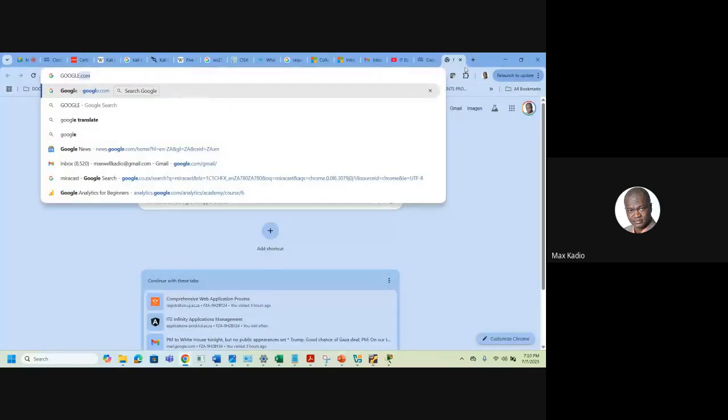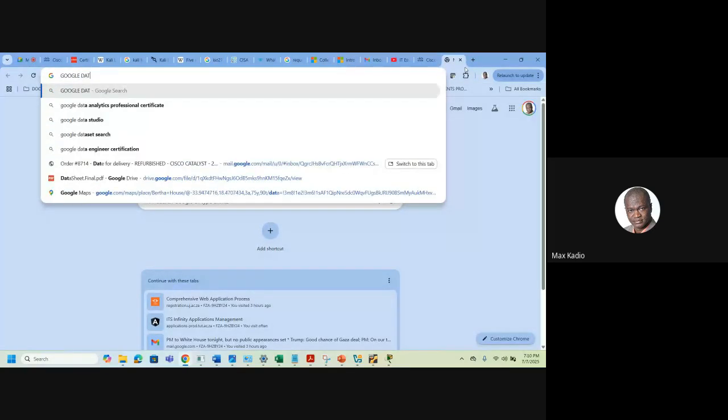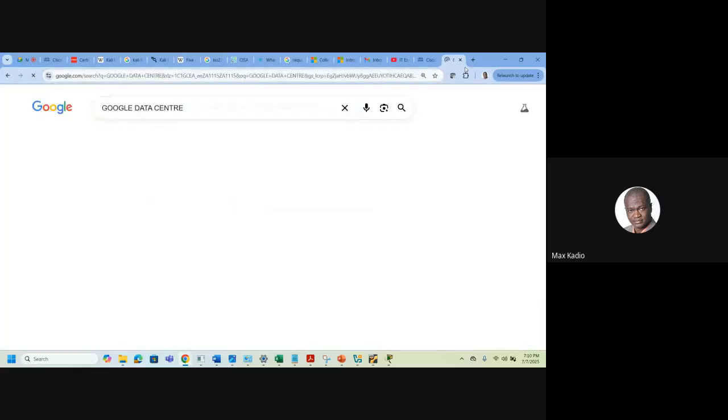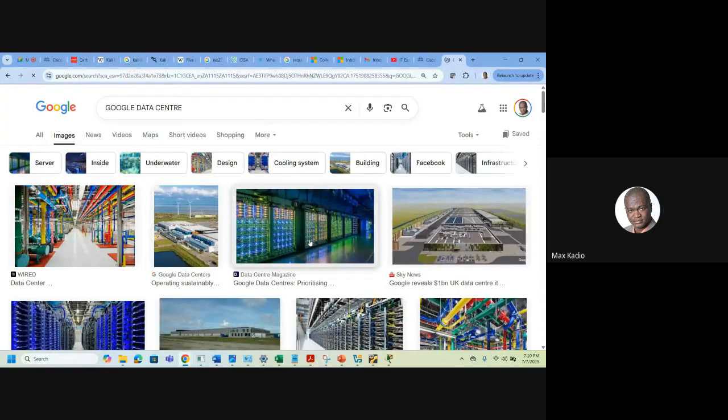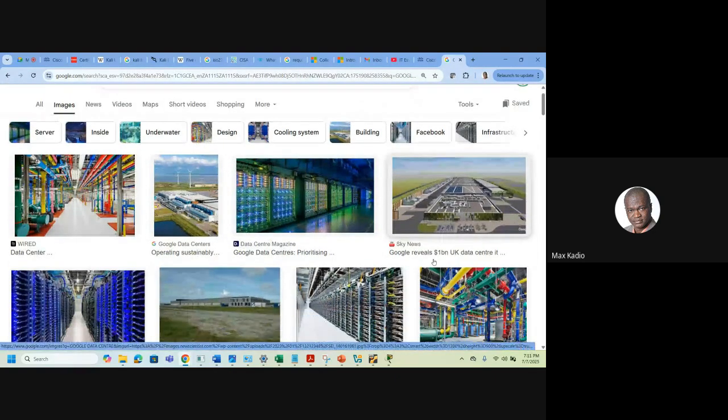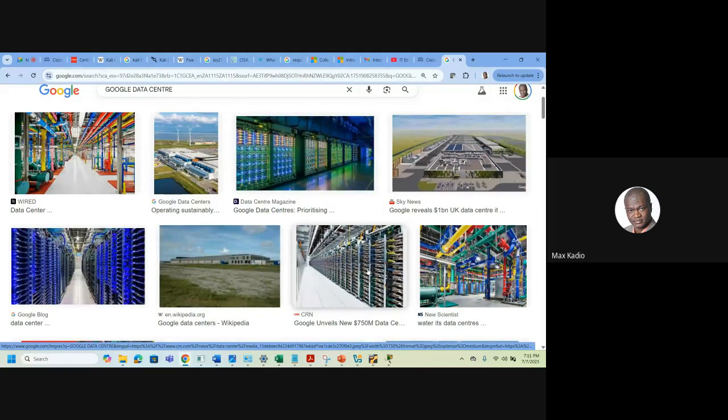Google data center. So that data center is called the cloud. You see in the image, it's a big area with a lot of big IT equipment to store data. So we can work in South Africa and all our documents are stored in the US.